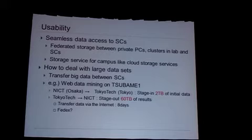And moreover, the most important thing is how to deal with large data sets, especially transferring big data between the supercomputer and users' own lab computers. This is an example we encountered last year. An application user wanted to send their application data, 2 terabytes of initial data, from Osaka to our system,